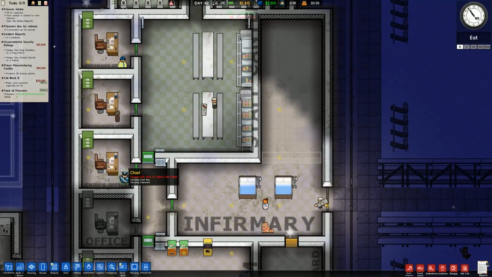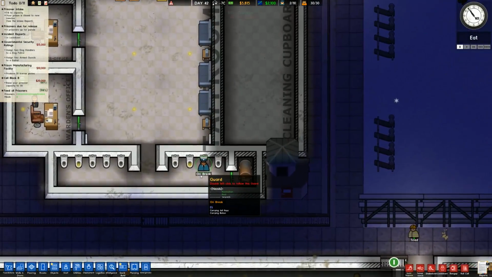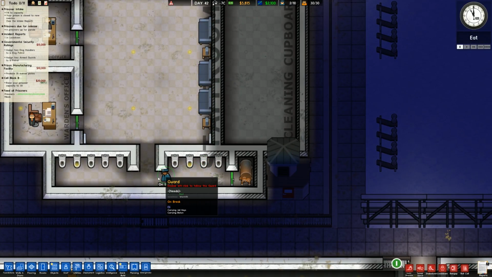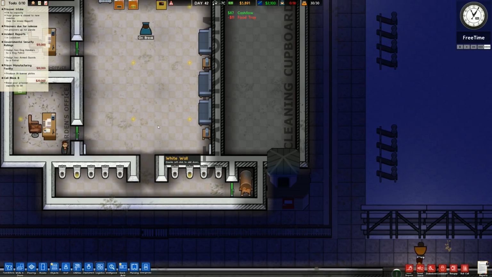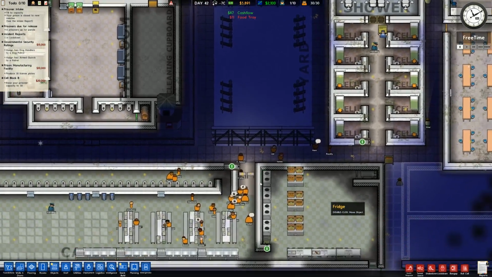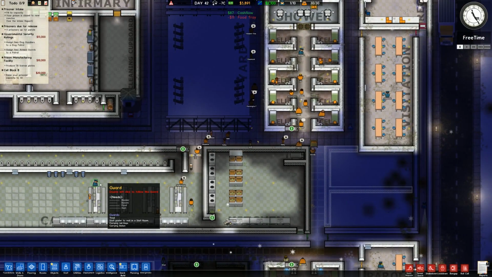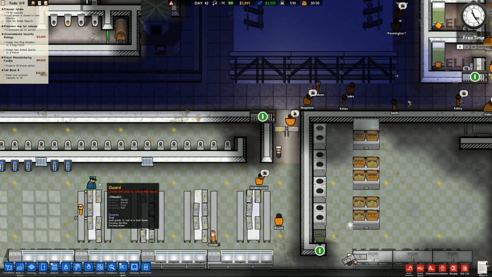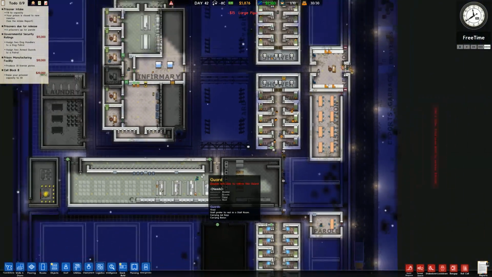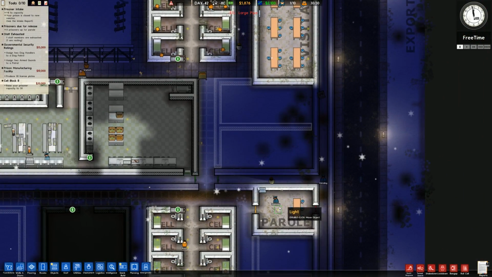Let me check the staff. Let me check someone on break. So they have a rest and warmth need being fulfilled. So I really don't know. Look at that. Yeah, tired. It says tired. Staff prefer to rest in staff room, carrying jail keys, carrying baton. So not pissed off because of